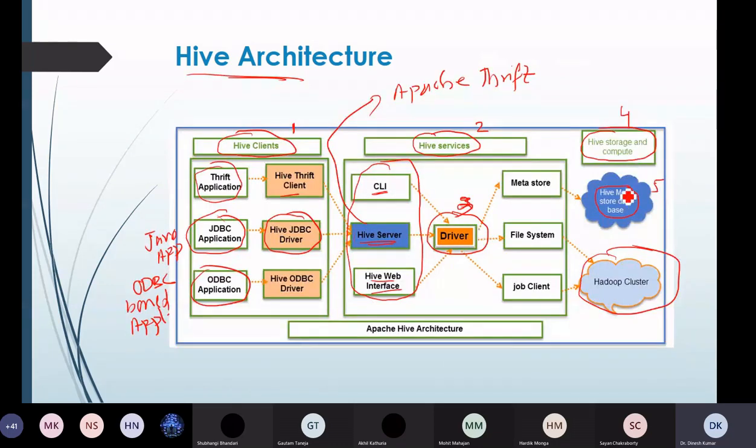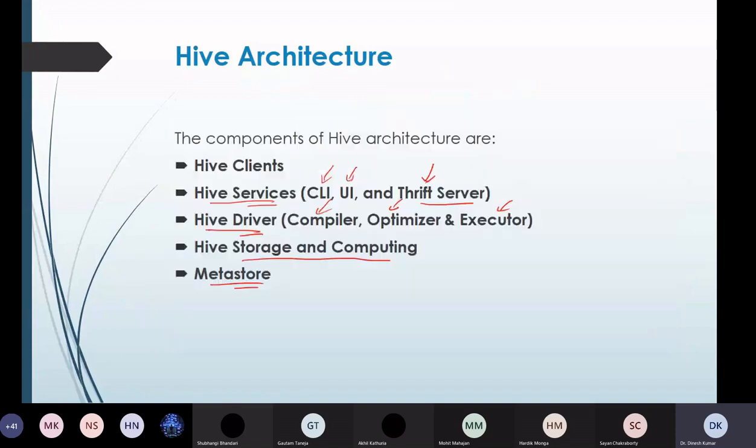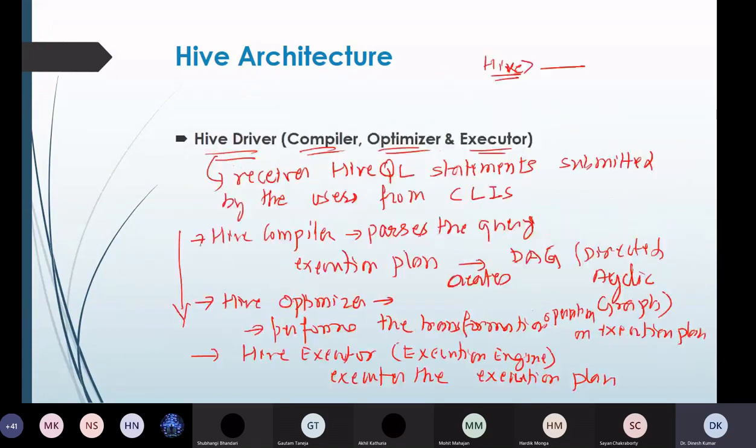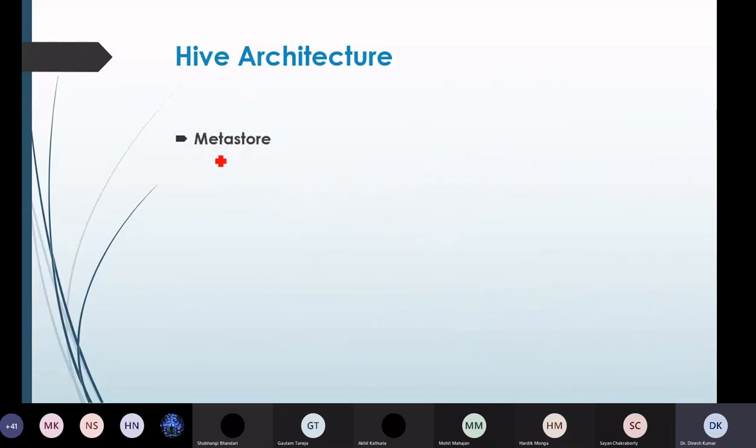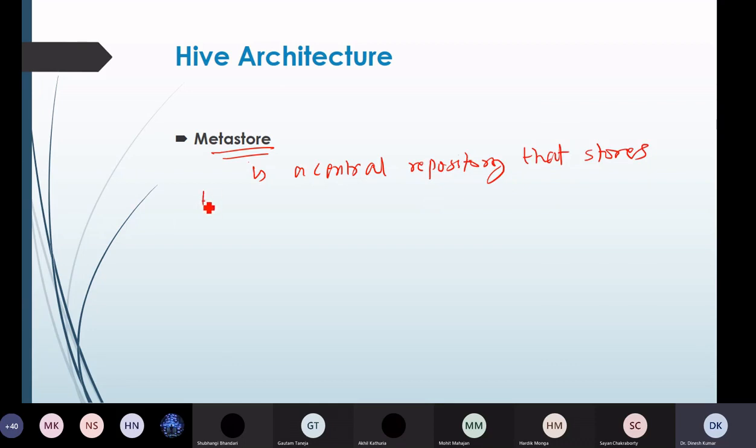Where is that particular component? The important part of this is the metastore, right? So the metastore is a central repository that stores the metadata information.